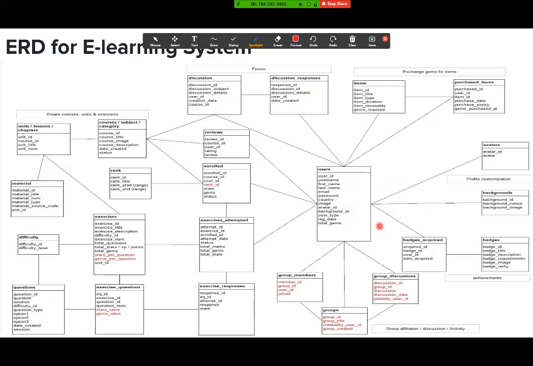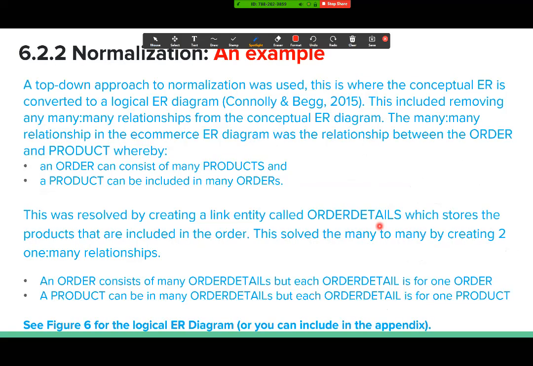users and badges, right? If I were to rewrite here, it would say that the many-to-many relationship in the e-learning, or learning management system, ER diagram was the relationship between the users and badges, whereby a user could obtain many badges and a badge could be granted or gained by many users.